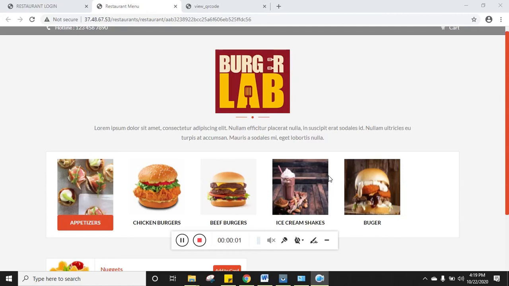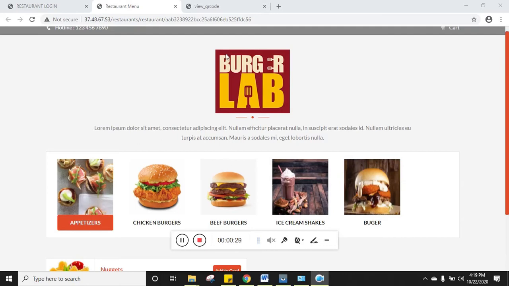Hello everyone. Today I am going to tell you about digital menu or QR menu. What is digital menu and why digital menu system was designed? So digital menu is perfect for restaurants, cafes, shops and other types of businesses to provide their customers with an attractive QR menu and help them to order with a few simple clicks from restaurants.